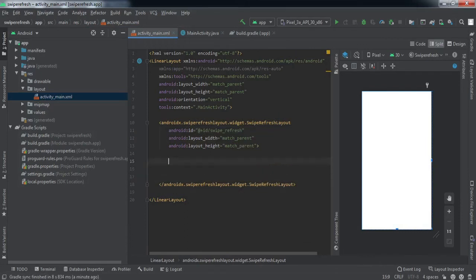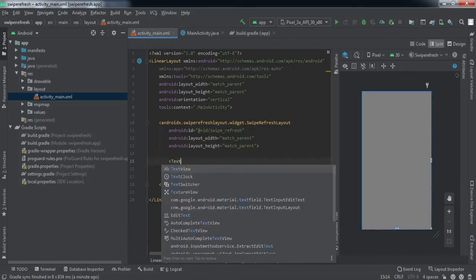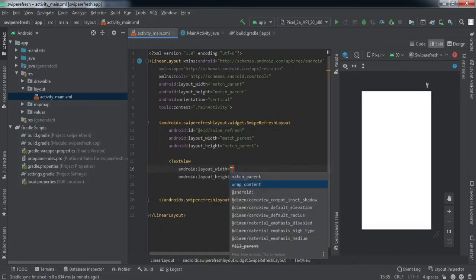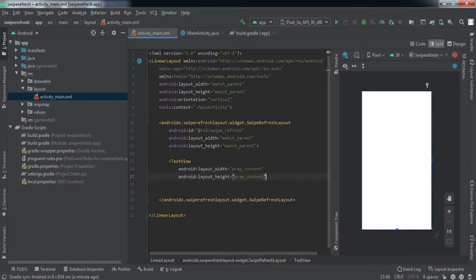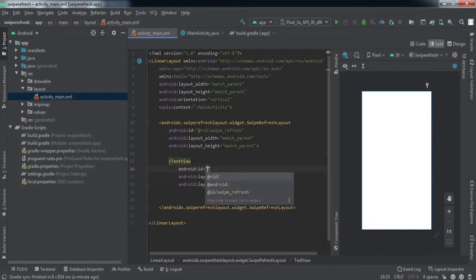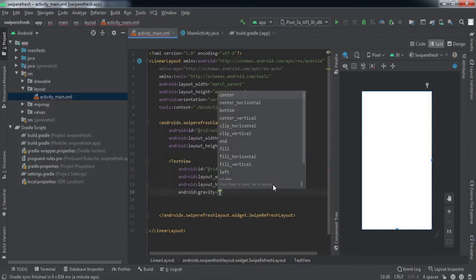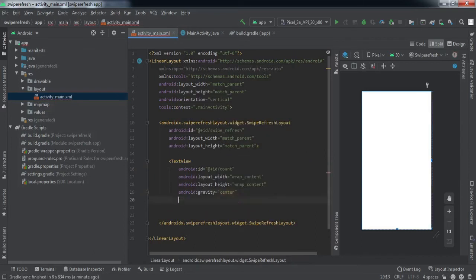and inside this layout we're gonna implement this text view. Set the height and width as wrap content. We'll give it ID of count. Set the gravity as center. We'll set the text size as 50 dp.